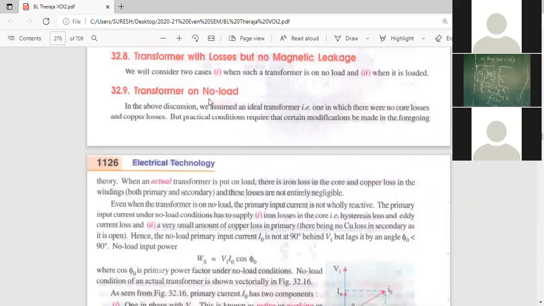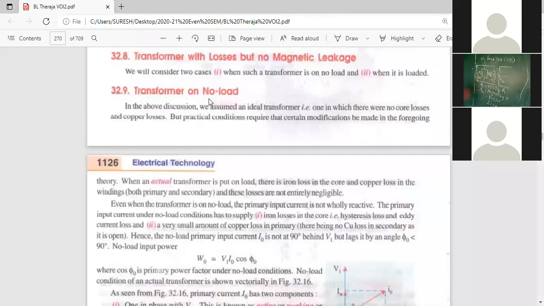For getting the complete iron loss of the transformer, iron is nothing but core. I have already explained how core is formed. If you want to determine the loss that is going to occur in the transformer, we have to apply complete rated voltage. We should not apply 210 volts, 220 volts like that. It won't give the complete iron loss. That is the reason why we have to apply rated voltage, 230 volts. Now here I am taking V1 is equal to 230 volts, because in our lab we are having 230.